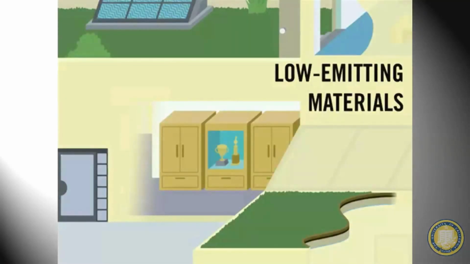Similarly, low-emitting materials. We talked a little bit about this earlier, but not that much in depth. So low-emitting materials are materials that have, I'm going to go into it a little bit more later, no to very little volatile organic compounds. And so these are naturally occurring, and they can also be man-made. And the man-made ones indoors, the impact of them is 10 times what it is outdoors. So the danger of them indoors is a lot more poignant than it would be outside. And so having materials on your tables and your furniture, how many people are familiar with the new car smell, you know, when you get in a new car?